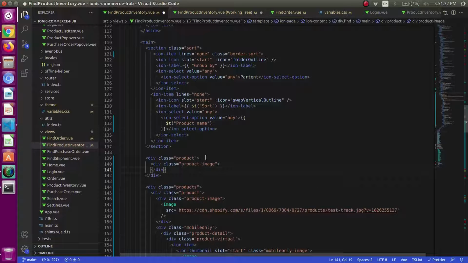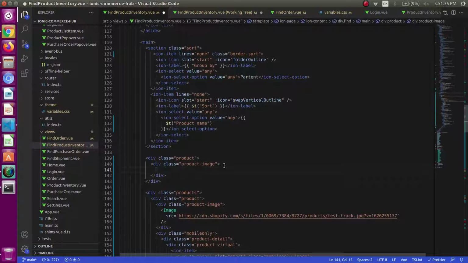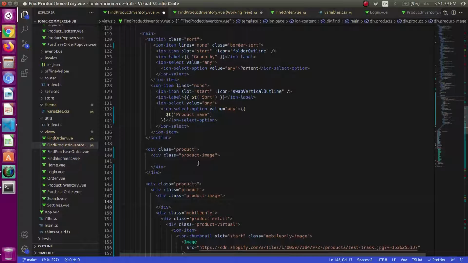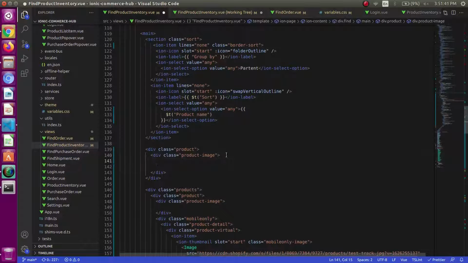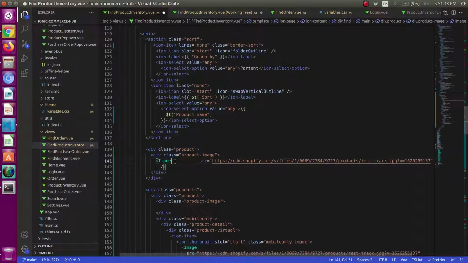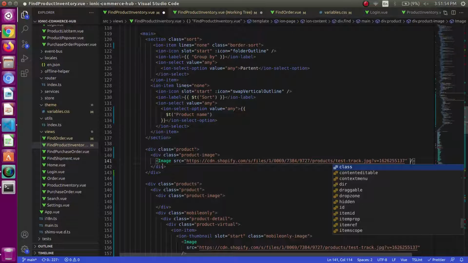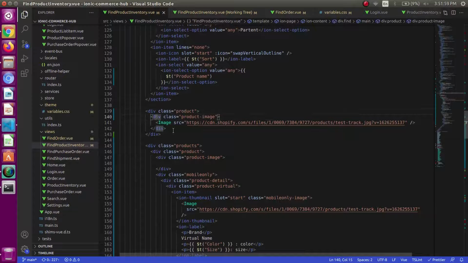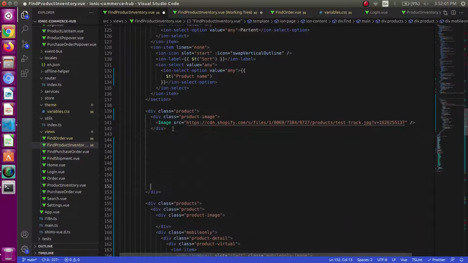I will be providing it desktop only class afterwards. Currently I am just using this markup and putting it in my current markup. This is the product image class.